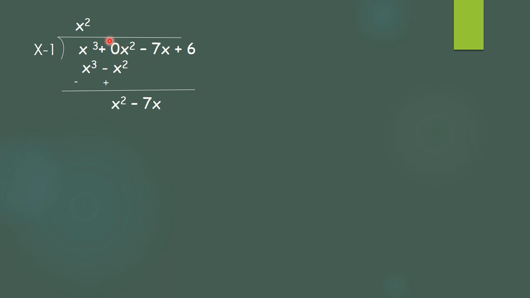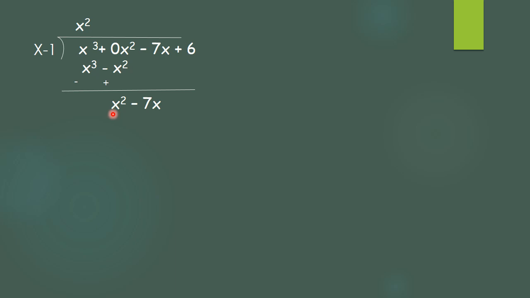If you do not write 0 here, what happens? You write this below the x and you are not paying attention to whether x square and x are the same term or not, like terms, and they will not get added. Then also you are adding. So better to write it as 0x square, so that we can write the term of x square below the x square and then the term of x.